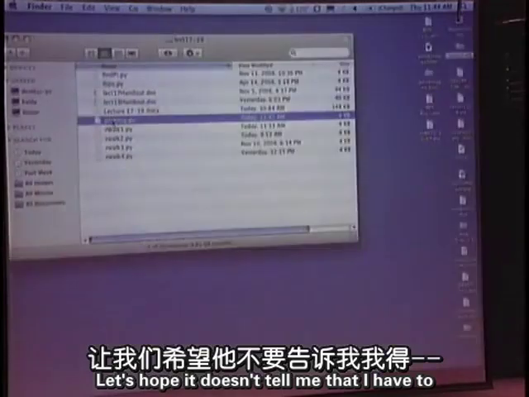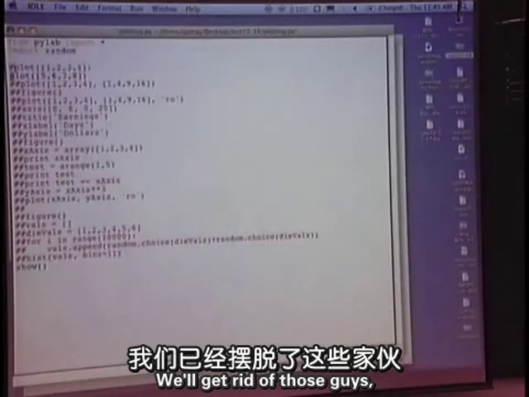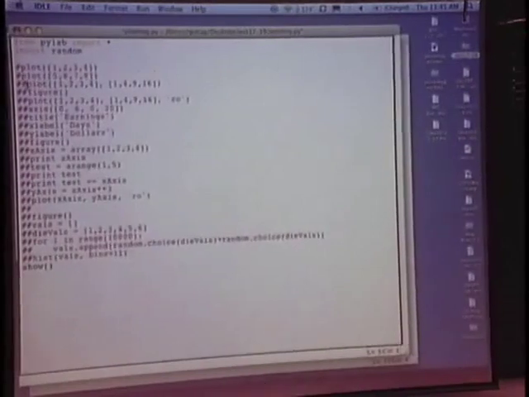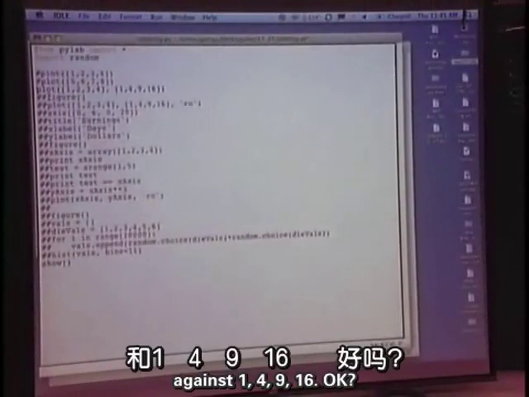Let's hope it doesn't tell me that I have to. All right. So let's go here. We'll get rid of those guys, and we'll try this one. We'll plot 1, 2, 3, 4 against 1, 4, 9, 16.